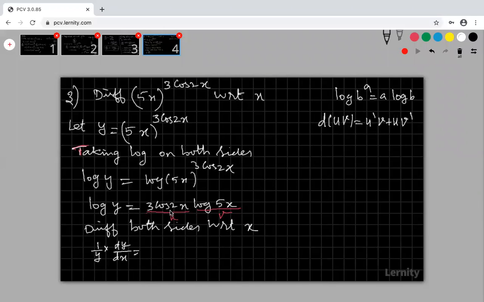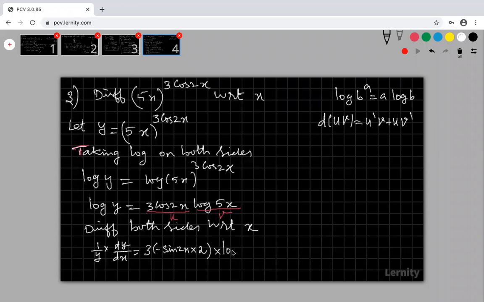This is 3 cos 2x. First of all, differentiate this. What is my cos 2x differentiation? Cos differentiation is minus sine 2x. And then we have to differentiate this 2x also. That is function of function chain rule. Cos differentiation is minus sine, and we have to differentiate this 2x. My 2x differentiation answer is 2. Into this is u dash, entire u dash 3 into minus sine 2x into 2. This is my u dash v.